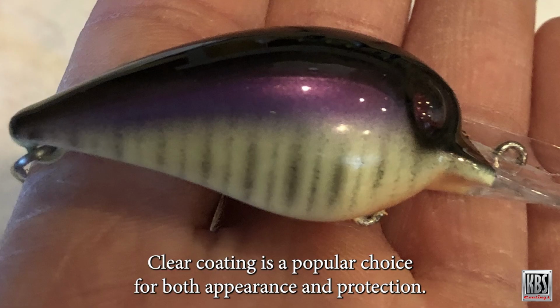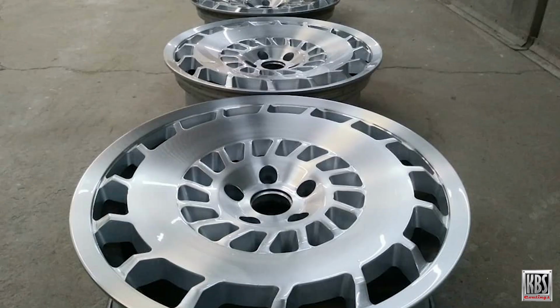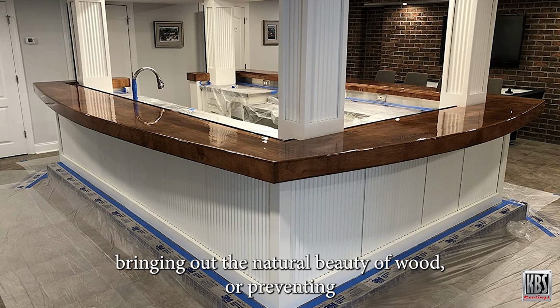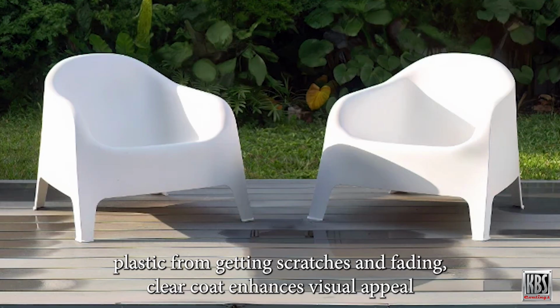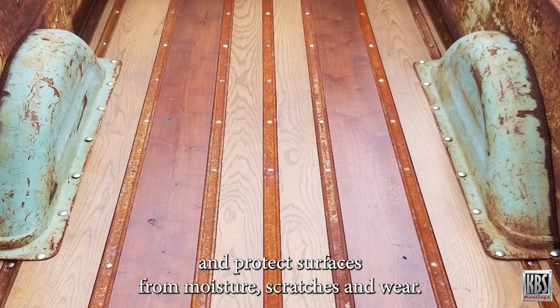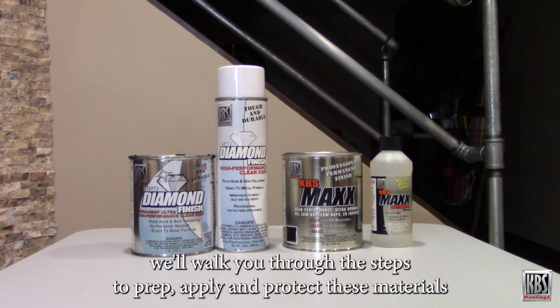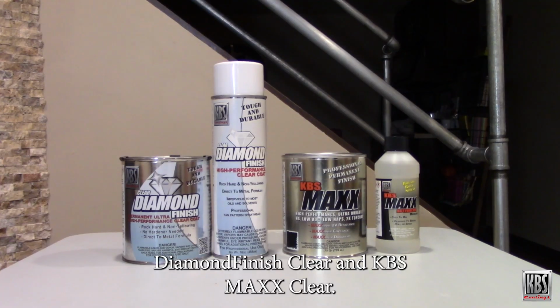Clear coating is a popular choice for both appearance and protection, whether it's preserving the shine of metal, bringing out the natural beauty of wood, or preventing plastic from getting scratches and fading. Clear coat enhances visual appeal and protects surfaces from moisture, scratches, and wear. In this video, we'll walk you through the steps to prep, apply, and protect these materials using KBS DiamondFinish Clear